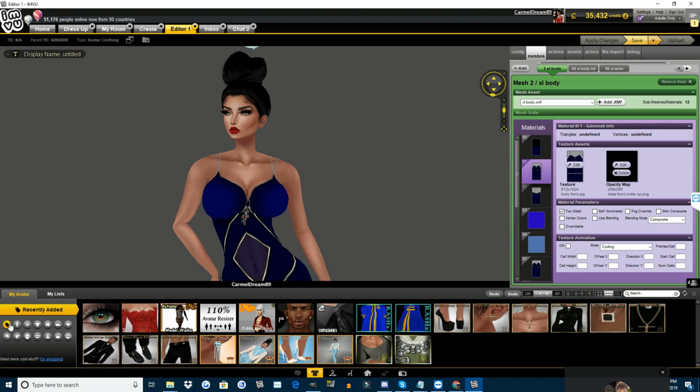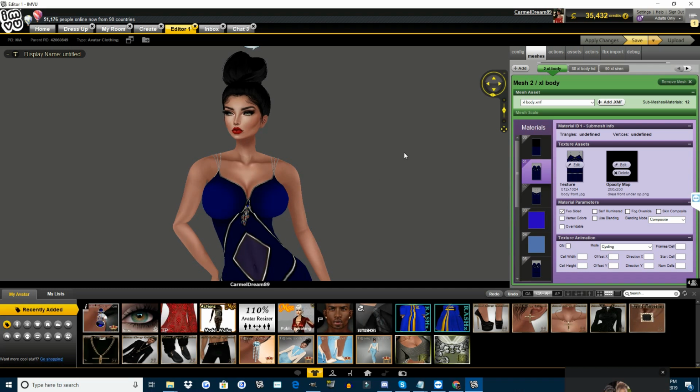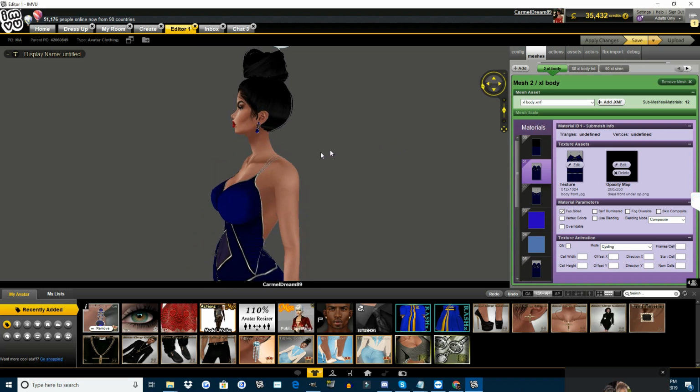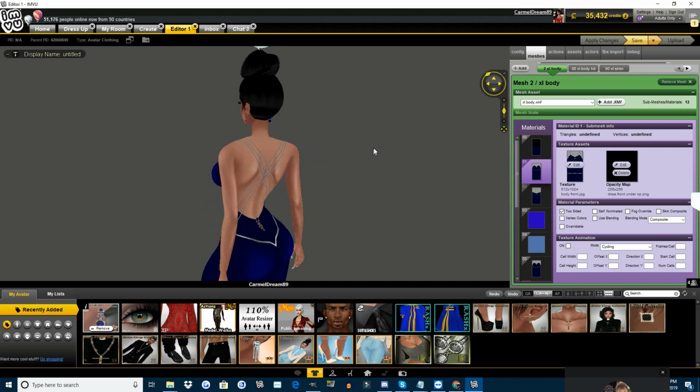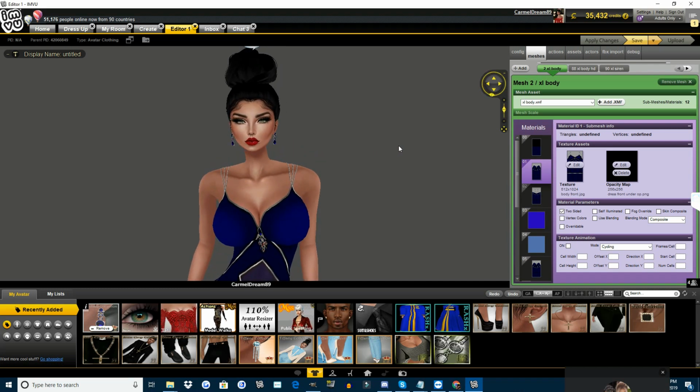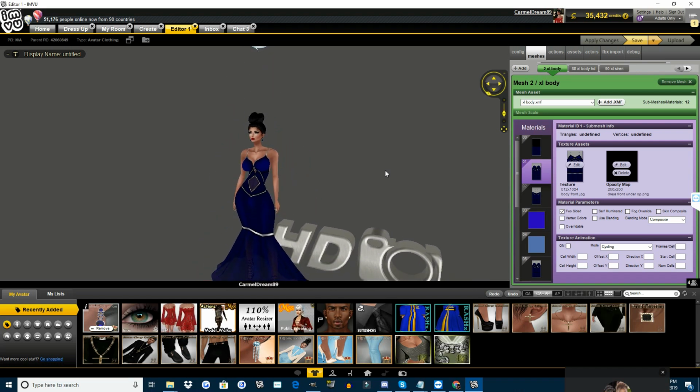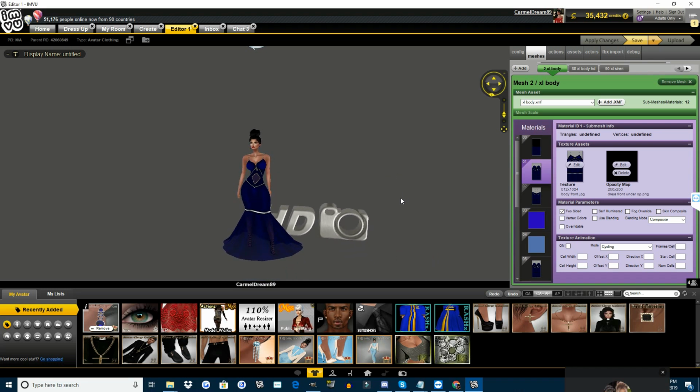And there it is. Let's see what this looks like. I know it's going to be gorgeous. Oh, that's beautiful. Oh, that's beautiful, beautiful, beautiful. Oh, that's gorgeous. Okay, so now we can go ahead and do the necklace. Well, we've done all of that really. We need to make the shoes, but I'm going to do the